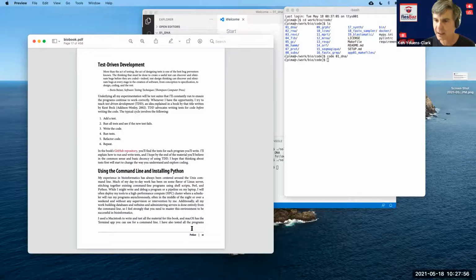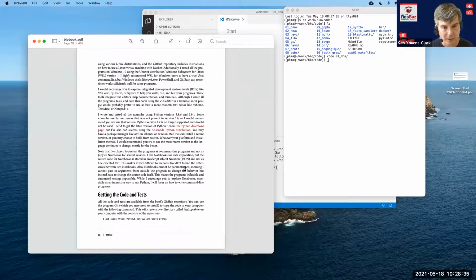Refactoring is basically finding a better way to do the thing. So maybe your program works, but it's dog slow, so now you need to speed it up. But once it passes the test and you know that it's possible to pass the test, then you have some baseline to always go back to. It doesn't matter if it works faster if it gets the wrong answer. It still has to be correct, but you have the freedom to play with it now. And basically test-driven development is just this over and over again. Every time you want to write a new feature for your program, you add a test, you add the feature, and the cycle repeats.